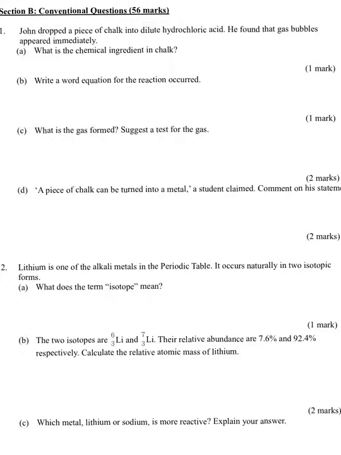So the first question is related to a piece of chalk. Chalk, that means calcium carbonate, and place it into dilute hydrochloric acid. Okay, so the first one, the chemical ingredient in chalk, you should know, which is calcium carbonate. You can write down the name,